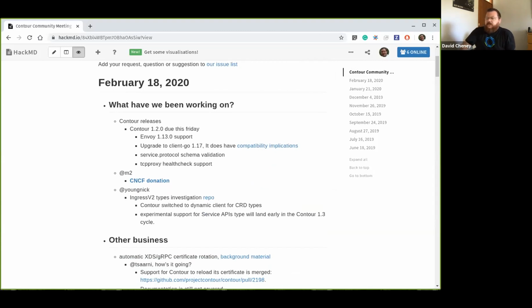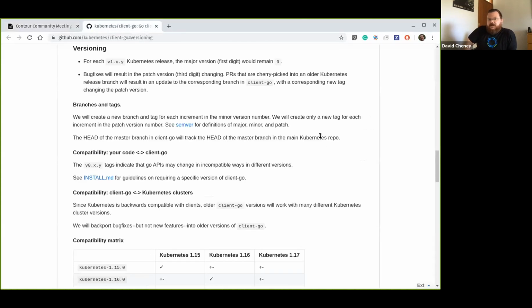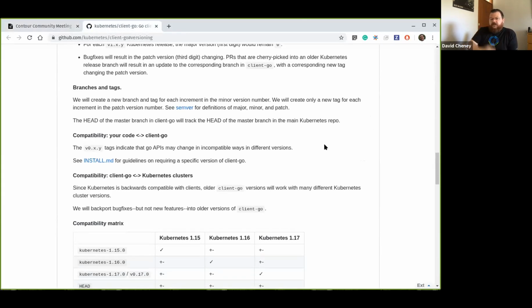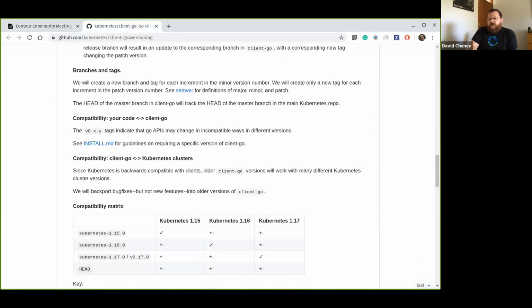So that addresses that. There's been a lot of internal work, which we'll probably talk about a little bit later in the call, related to service APIs. But one of the things to realize, whoever's sharing the screen, if you just click on the words where it says compatibility implications, is that we've upgraded the Kubernetes client to 1.17. Steve, this is so we can have the dynamic client, correct? Yes?